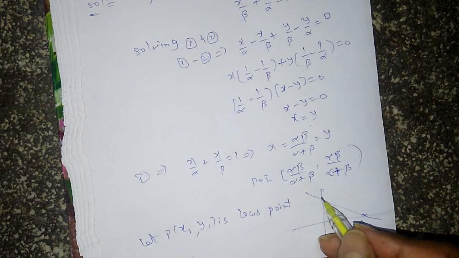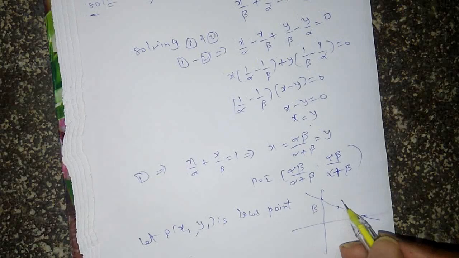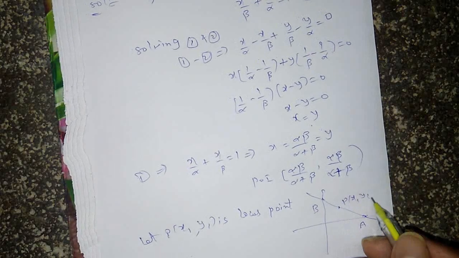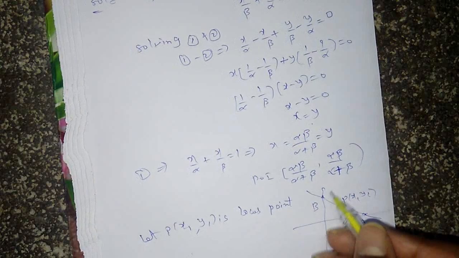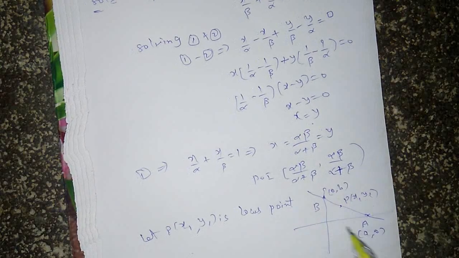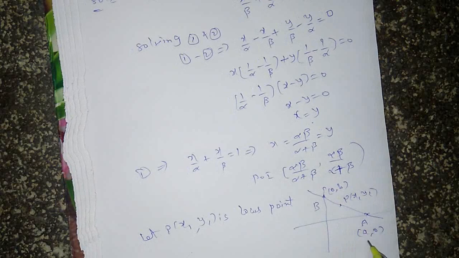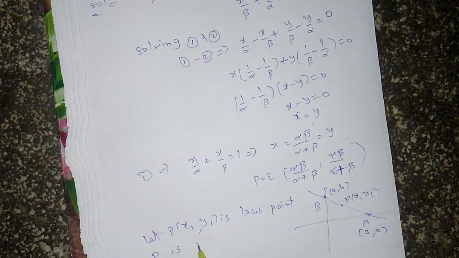This is a and this is b. This is the midpoint, that is the locus point x1, y1. Here a is (a, 0), b is (0, b). You can take it like that. This is the x-intercept, this is the y-intercept. Now P is the midpoint of